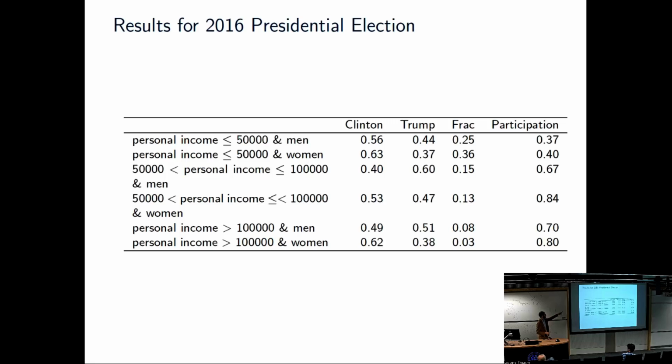So here, this shows that you can do interactions, and that's, I think, where things get really interesting, because if you're thinking about the narrative, which we want to interrogate, we don't want to accept necessarily, we want to think about men, people in the upper Midwest, less educated people, or not. There are some big questions about education and interactions with other things. Those are things that typically you can't do with the exit polls, because there just isn't enough data in your sample, but we can try to do them.